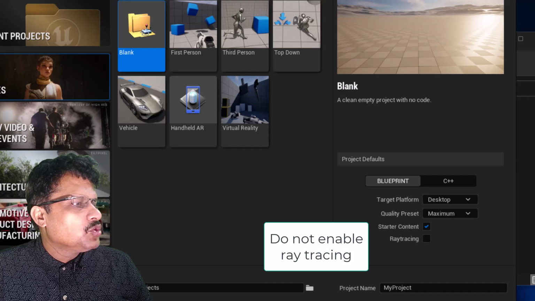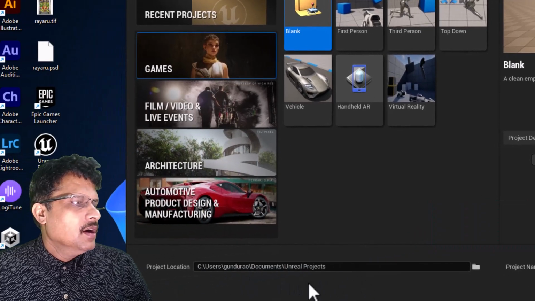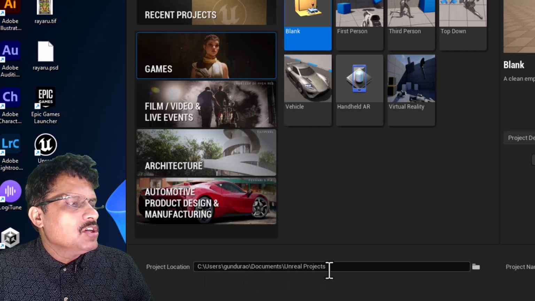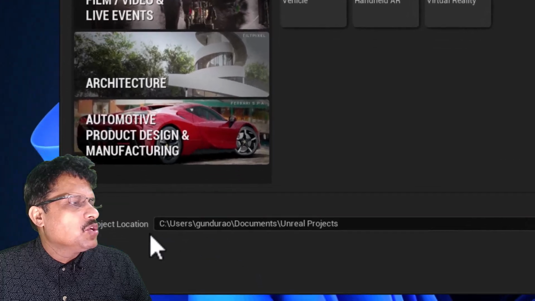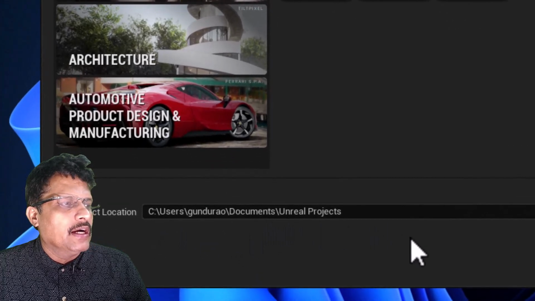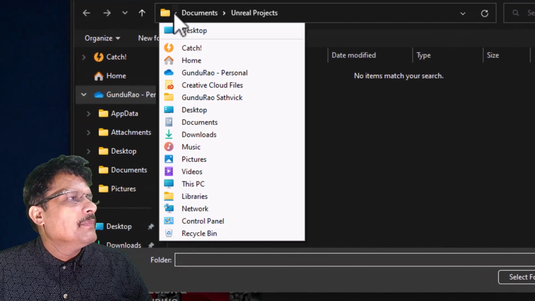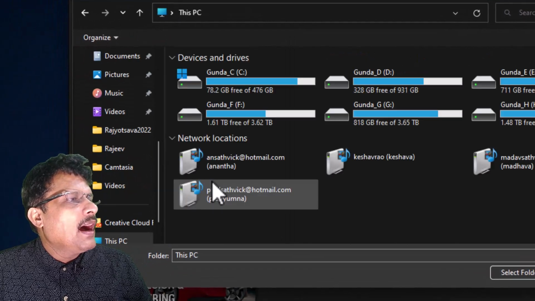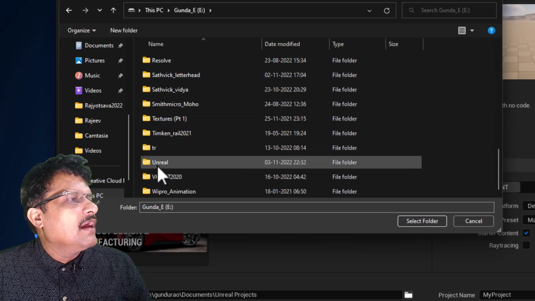Then you have to choose the folder where you want to save your project. Again, this location should have sufficient space. The default location is your C drive documents folder. However, I will change this location to my E drive, where my Unreal installation already is.